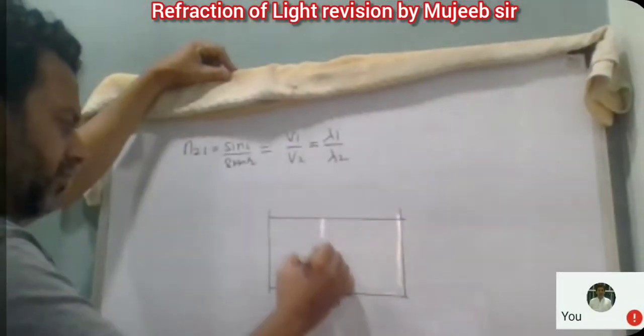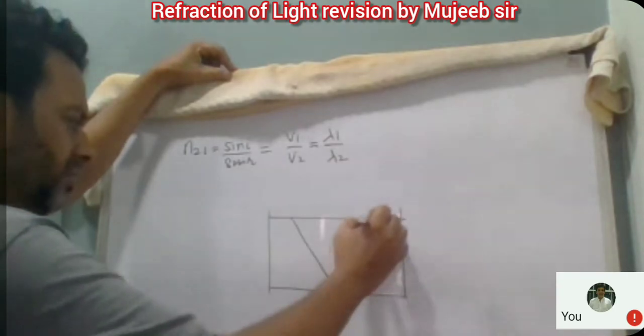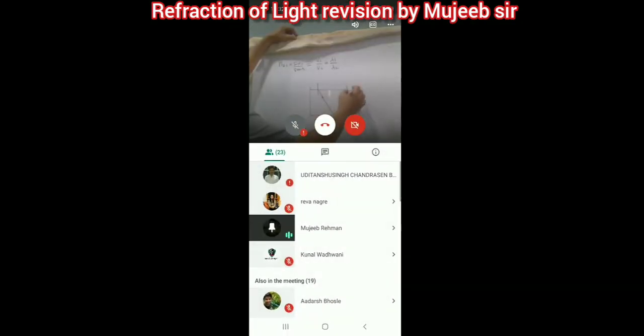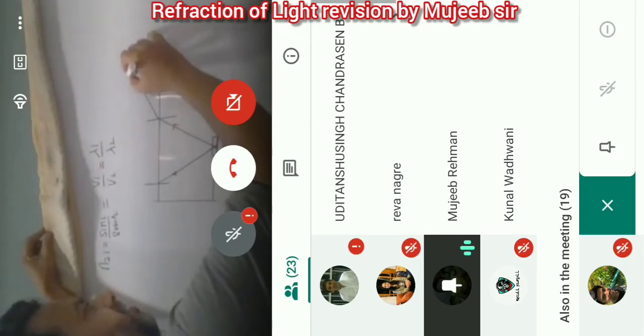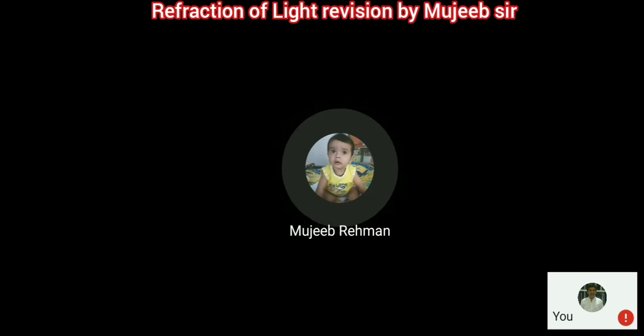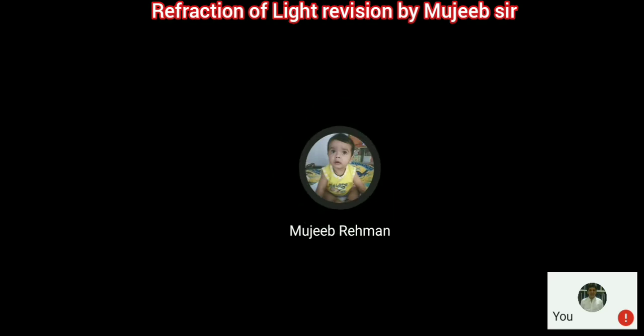Then the two rays of light are going this way, one here, the second over here. Next, the normal. Here is one normal. Then this ray of light will go in this direction, and this ray of light will go in this direction. If you retrace them backward, they will appear to meet at this point.